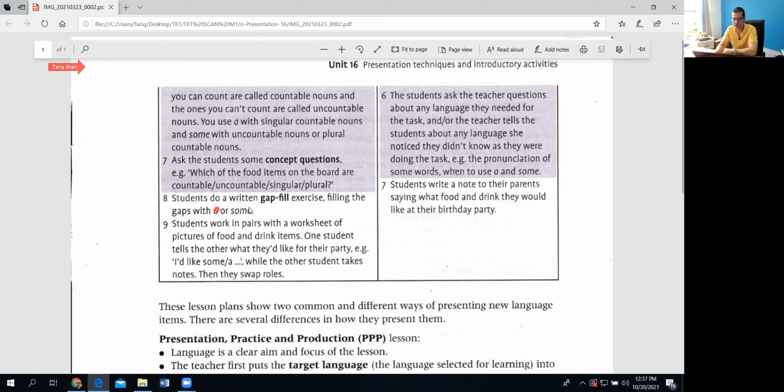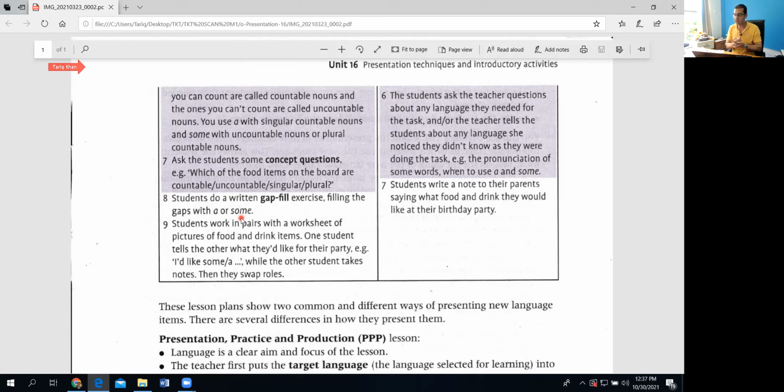Number 8, students do a written gap fill exercise, filling the gaps with a or some. Now, the PPP method, this is where the second stage comes. First, the presentation stage she completed. Second stage, what she does, she has prepared a gap filling exercise based on some and a. Now, they need to know how to use a and some with which kind of nouns, countable and uncountable. So when she gives a gap filling activity, which we call